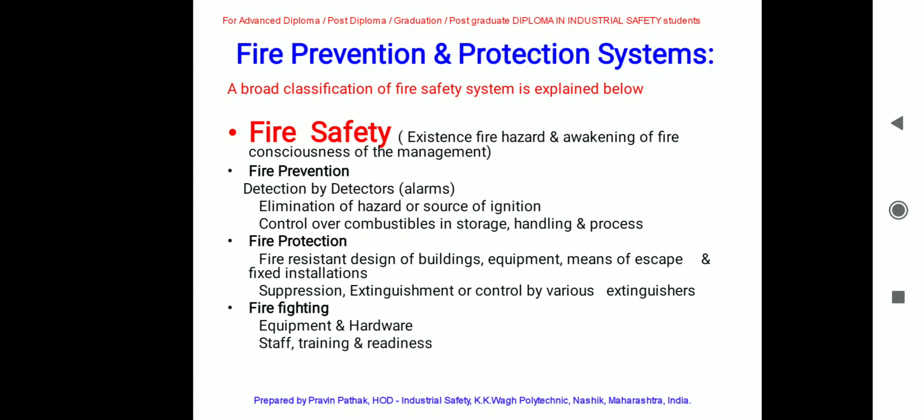Then even after prevention measures, if fire catches, then how to protect against the fire. That is why the third element is fire protection. So fire resistance design of buildings, equipment, means of escape, fixed installation, etc. Then suppression, extinguishment or control by various extinguishers. So these are the elements covered under the fire protection system. And fourth is firefighting, that is the equipment, hardware, staff, training, readiness, all the concerns are under firefighting. So this is the common slide for 4 lectures where we are going to discuss the fire prevention and protection